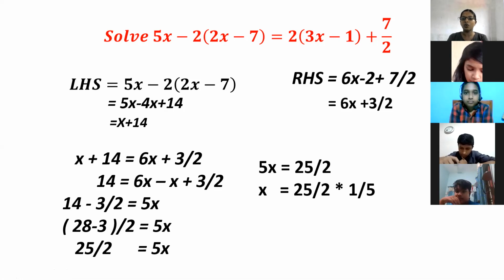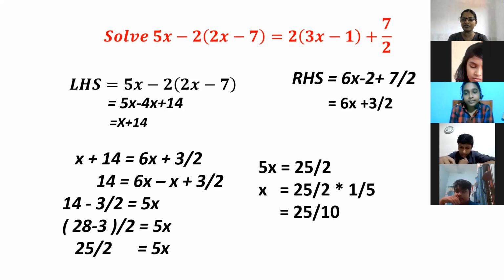Okay. Then what is the numerator of the first rational number? It is 25, and the second rational number is 1. Then the product of 25 and 1 is 25 itself, and the denominators are 2 and 5. Their product is 10. Then we get x as 25 by 10.